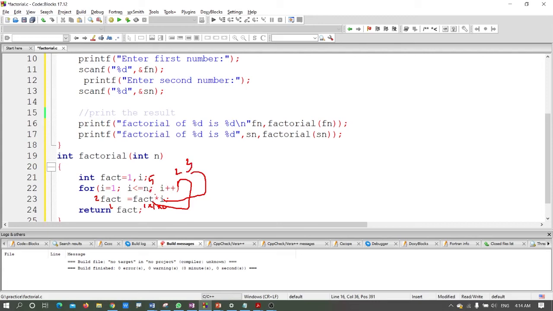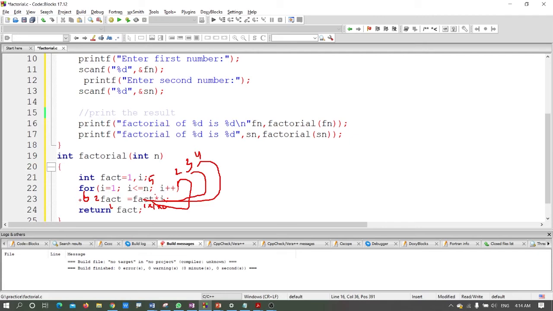Yes, the condition is true, and then it multiplies this number with 2, which is equal to 6, and then it increments the value by 1. Now the value of i is 4. 4 is less than or equal to 5. The condition is true, and